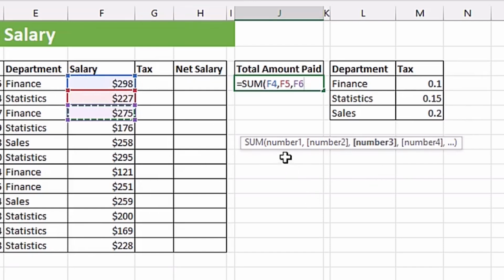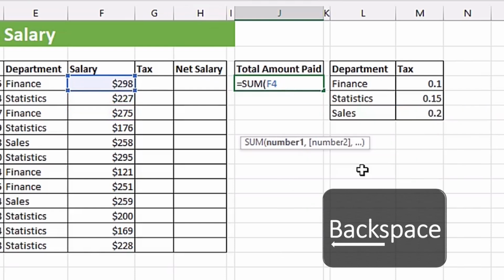You can see even from the screen tip, each and every time I hit comma, another number is placed there. Now we have number3, that's the current argument that I'm in, that's why it's bolded. Comma, again, you can see number4 is bolded. Since you can see all these arguments are in square brackets, I'm going to backspace, backspace, backspace, backspace,